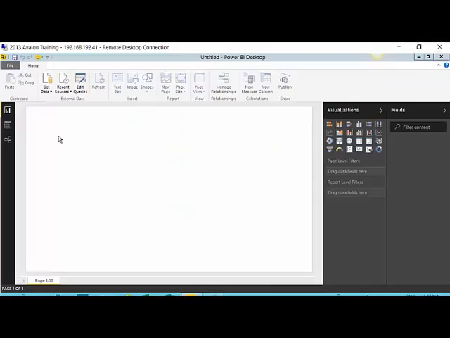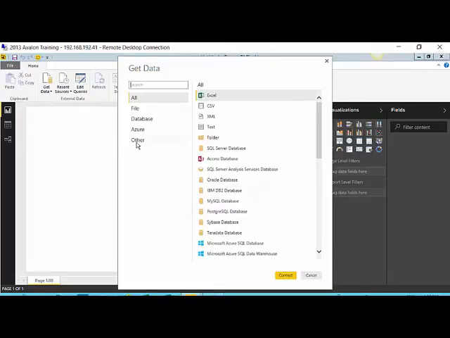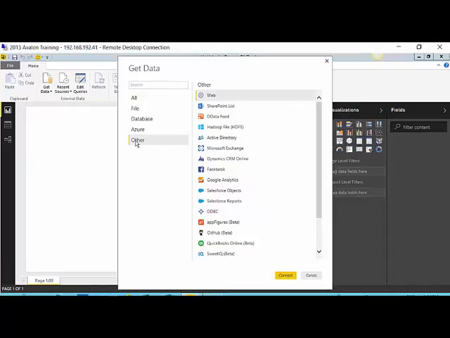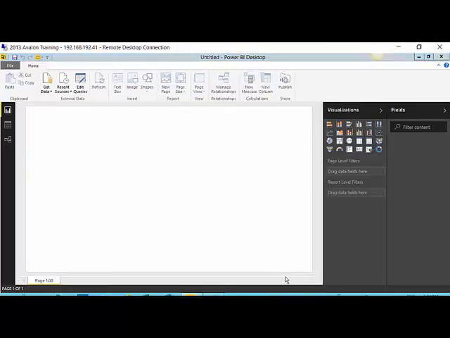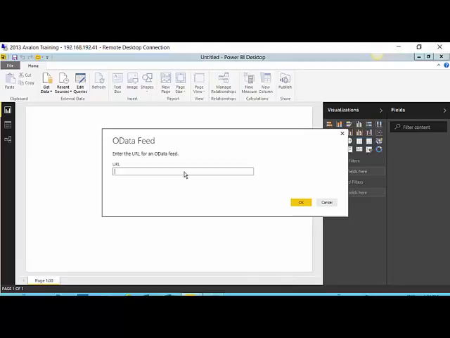And when I click Get Data, I'll follow the same steps as before: select Other, select OData Feed, Connect. This time I'm going to type in a long URL which includes a select statement identifying which fields I would like to include. I just so happen to have this typed up in one of our slides, so rather than typing it in here, I'm going to copy and paste it from the slide deck